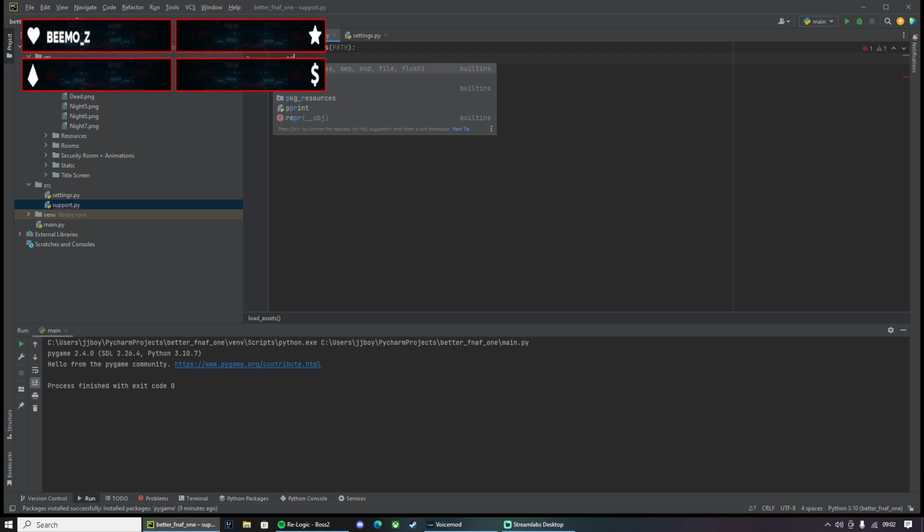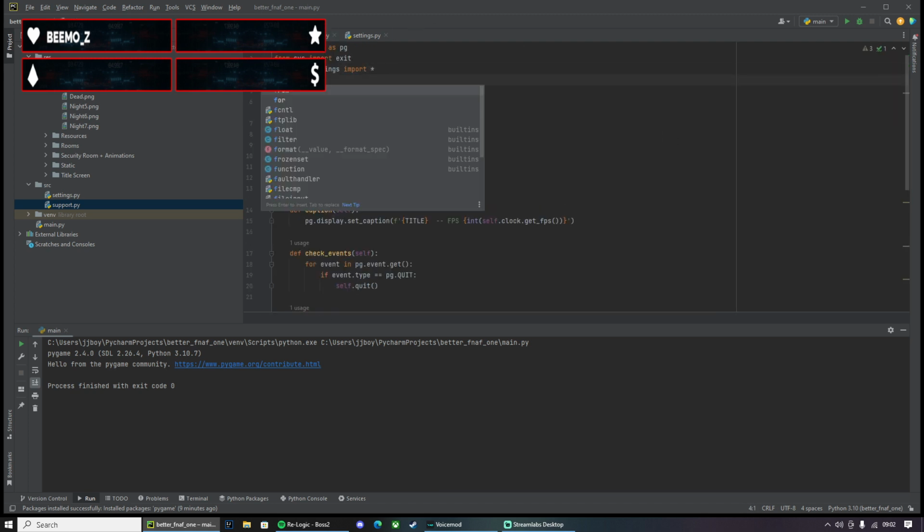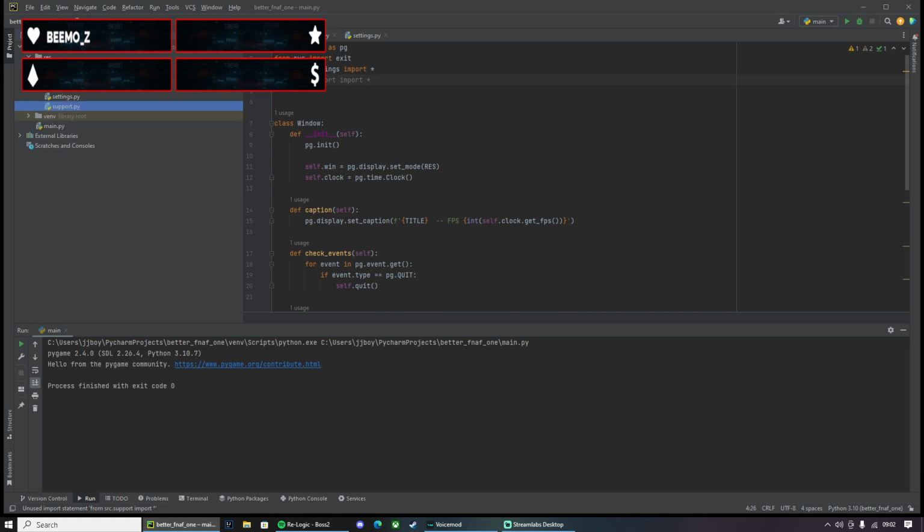Actually we'll print the path to see that it's working. Source dot support import all. Let's just import. What do we need to do? We need to go through textures to go into the title screen.